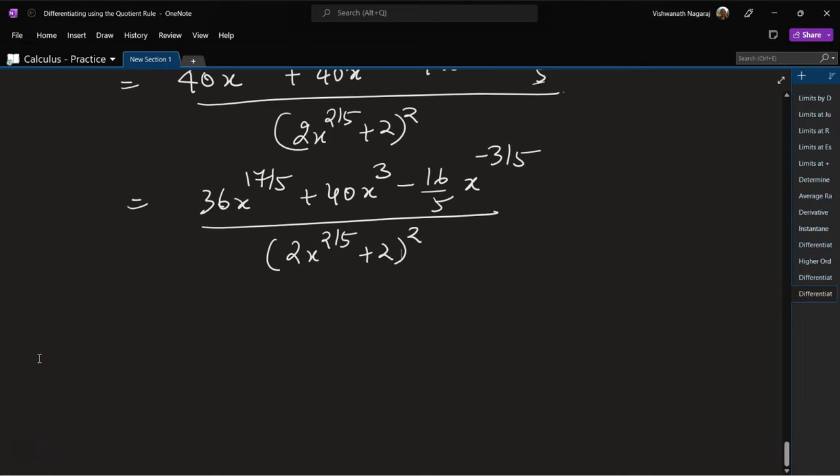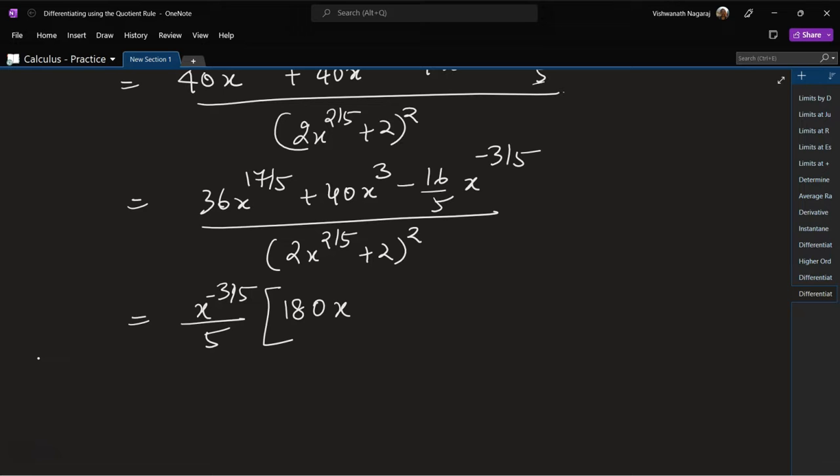Now what we have to do is get rid of this minus 3 by 5. So let's take it out: x to the power of minus 3 by 5 by 5. If we take it out, what do we get? 36 fives, so 6 fives 30, 3 fives 15, 180, x to the power of